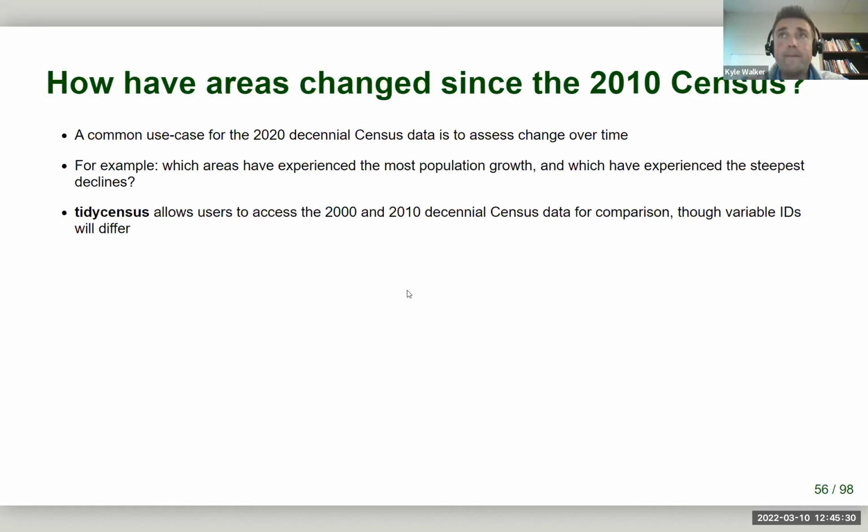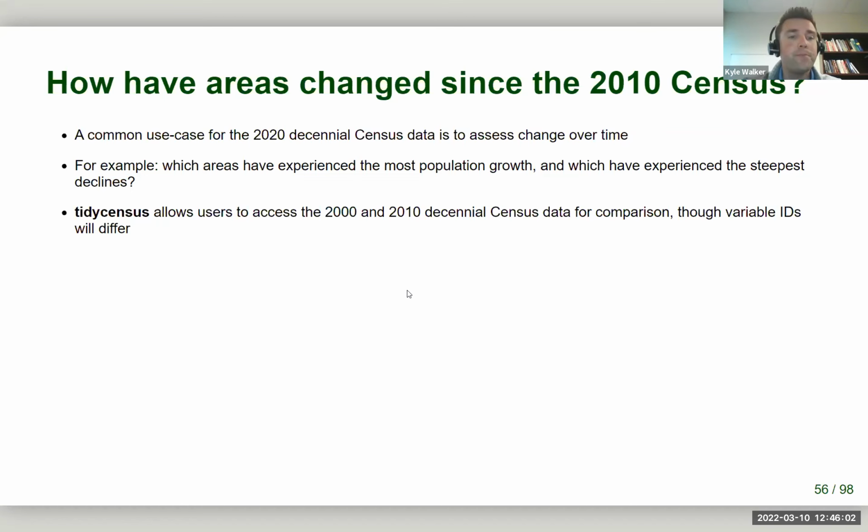One important caveat, variable IDs are not necessarily consistent across decennial census data sets. They're certainly not going to be consistent between 2010 and 2020. So you kind of have to go through the same process of looking up your variables for those data sets and then making sure you find a comparable data set. And the variables can change a little bit too. So it's not always going to be a 100% apples to apples comparison, but for total population, we can at